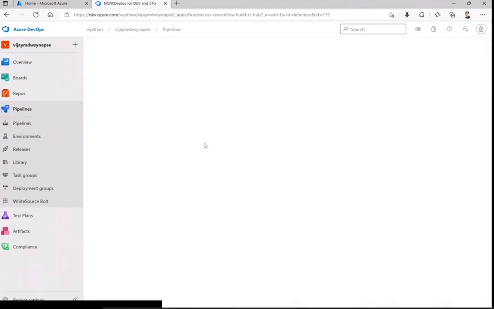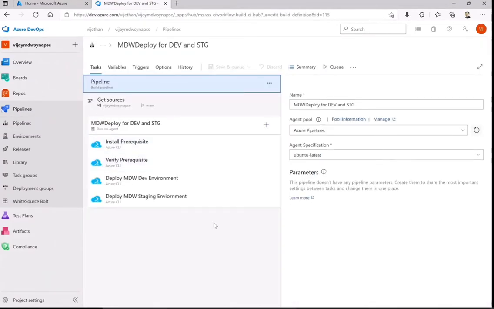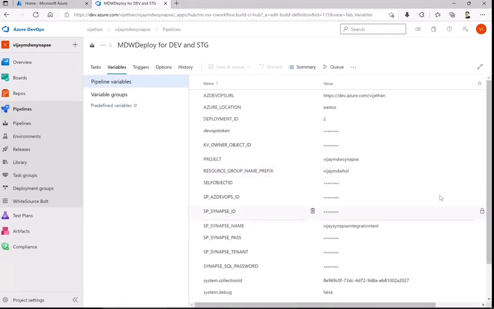Continuing with that, as I said, the important part of this is the variables. You will see all the variables which I'm using, I have clearly written here, right from my DevOps URL to the Azure location. The deployment ID is kept so that, if you are running it a number of times, you can just give 1, 2, 3 numbers, or if you are working in a production environment, you can consider it a version number depending upon what artifacts you are releasing. And the DevOps token, that you also have to create for the Azure DevOps pipelines.